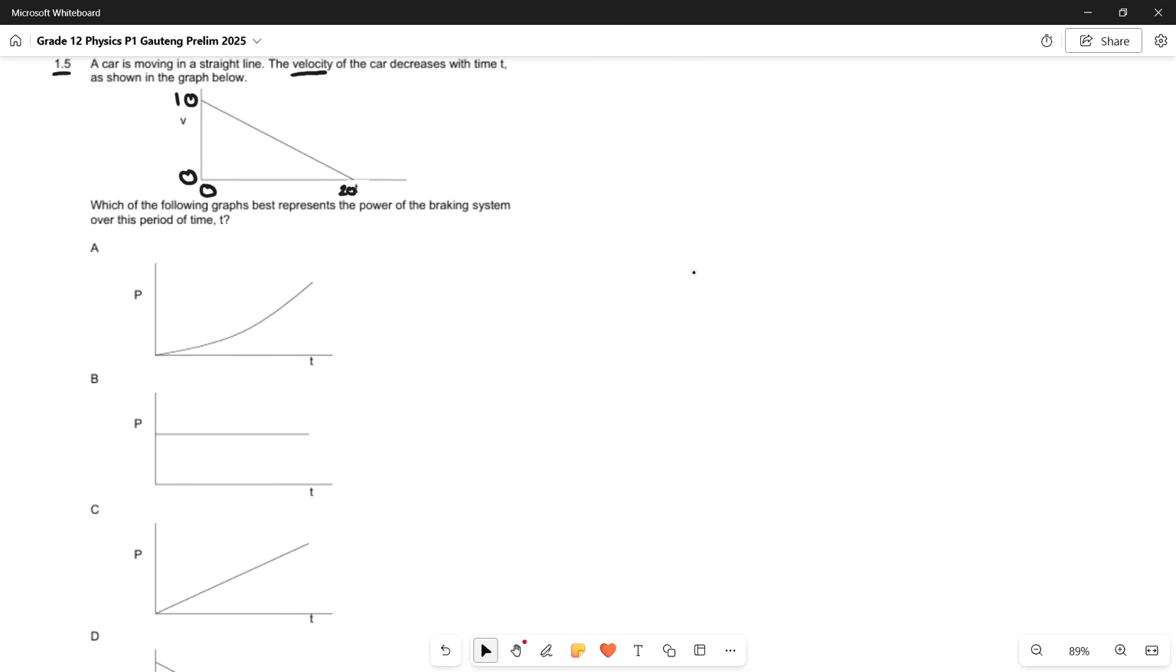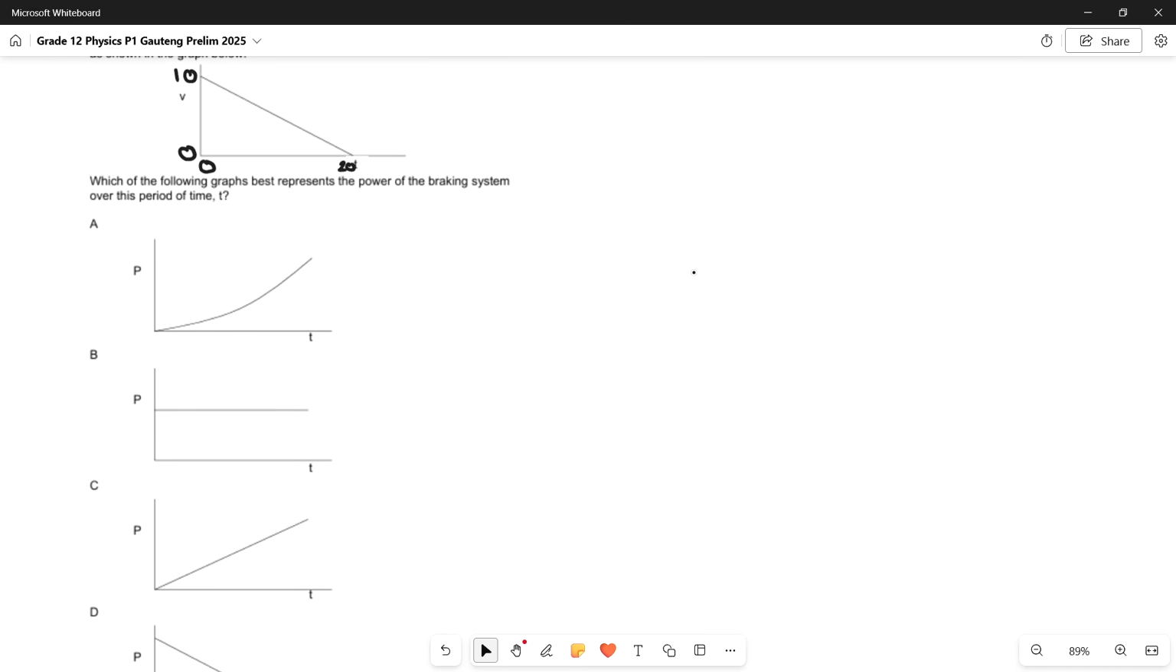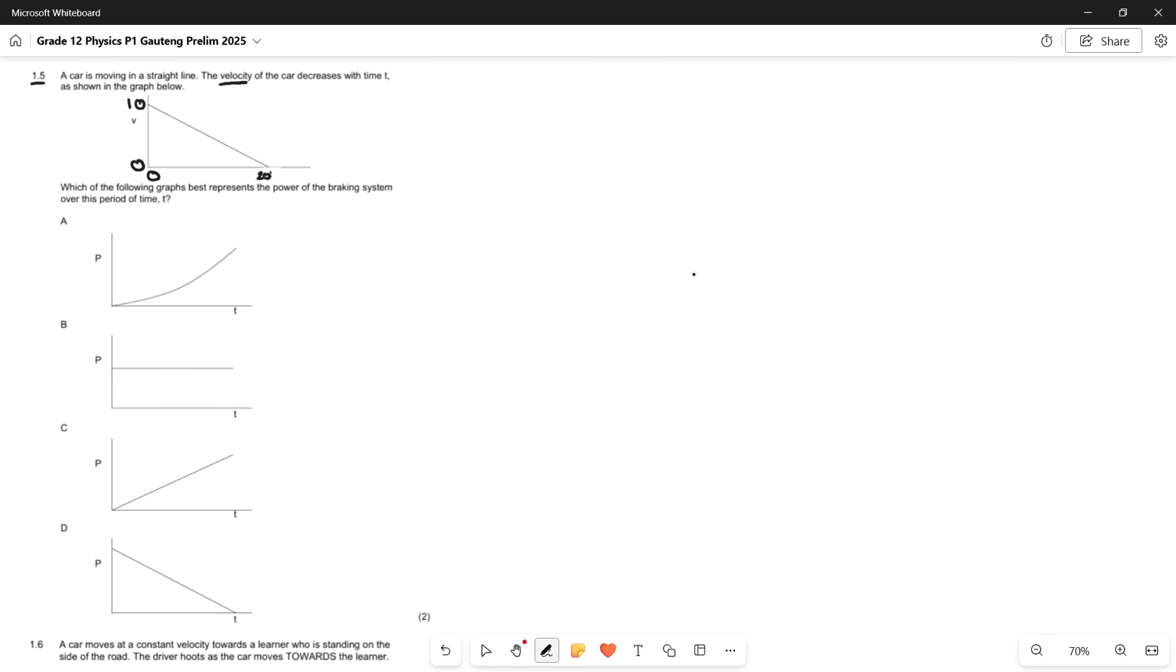So which of the following graphs best represent the power of the braking system over this period of time t? So we have 4 options over here, and we're about to see why our answer is D over here with a straight line that is decreasing. So there's 2 ways we can work with this. We can use P equals W over delta t, but we're not going to work with that